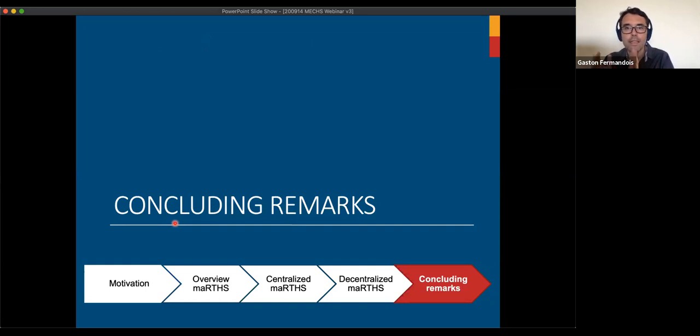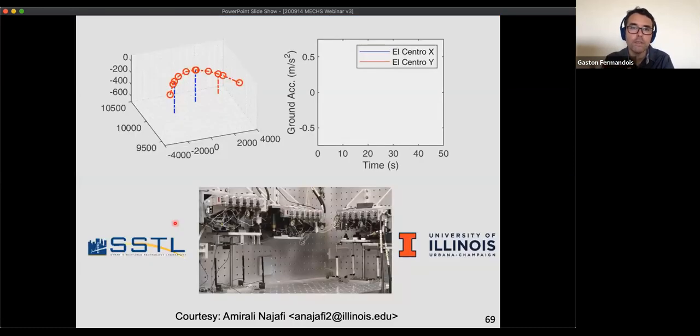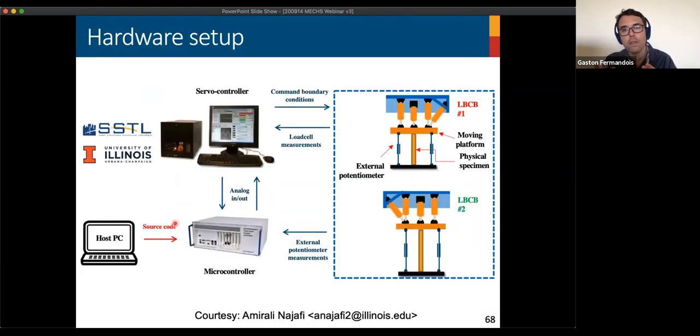But then again, in that modified model-based version, we also add some robustness due to uncertainty. The uncertainty basically is due to the fact that we are dealing with a linearized version of the model, and we're not including all the non-linearities that may affect the dynamics of the problem. Fortunately, if there is a large nonlinearity due to the inelastic behavior of the specimen, this will always serve as a way to have better performance, because